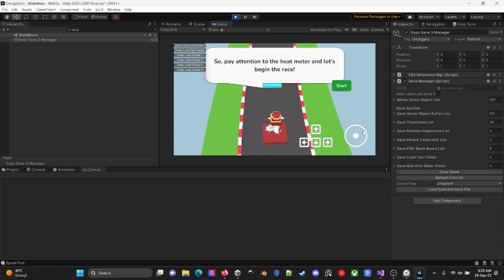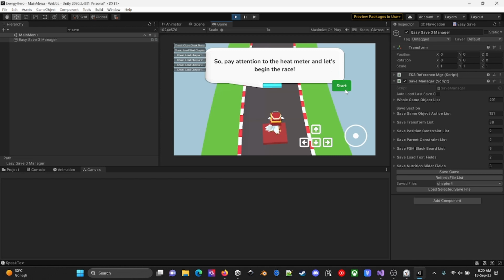Right now I do not need any inputs from the player just to start the race, but I just renamed the button to Start, which is better for telling the player that if you just press in here the game starts, as there is no indication that pressing any of the arrow buttons starts it.